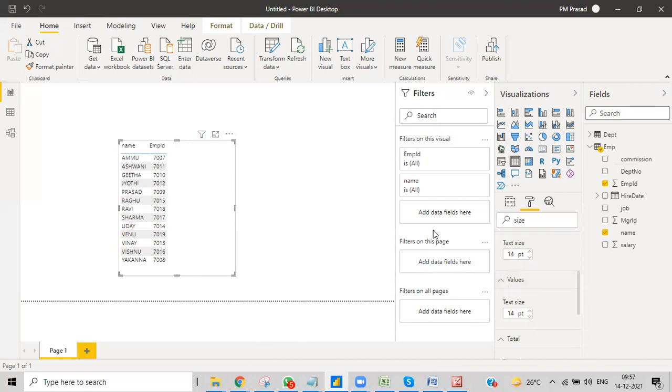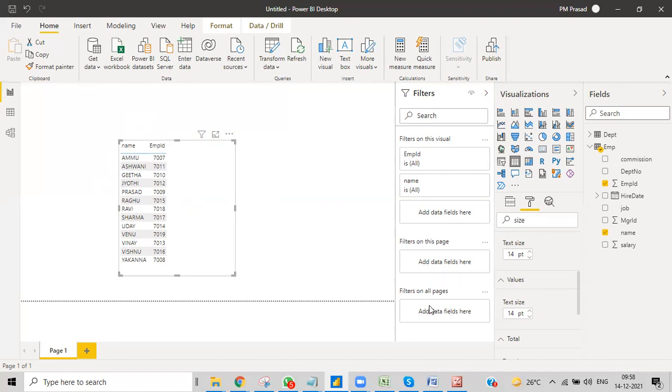You need to understand where you need to give the visualization and where you need to drag and drop all these things. I'll explain that a little later. At this instance, just remember, if you are having a filter on this visual, that is called a visual level filter, and only that visual will be changed accordingly. If you give it on the page, all the visuals in this page will be filtered according to that filter.